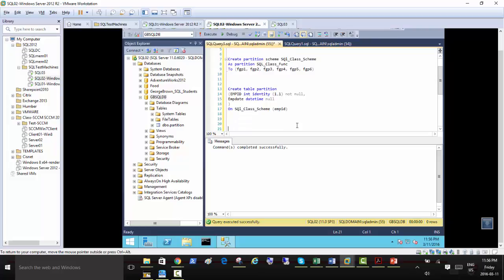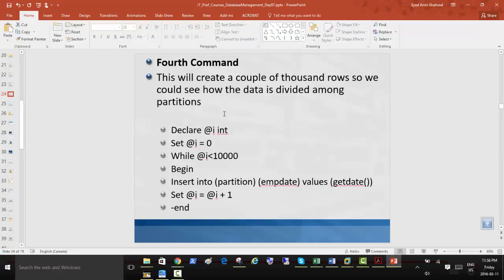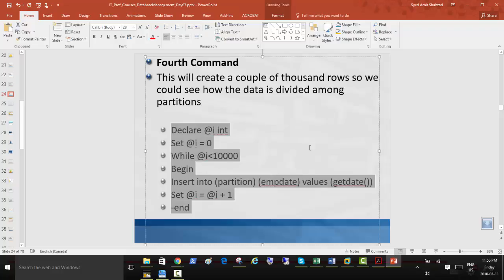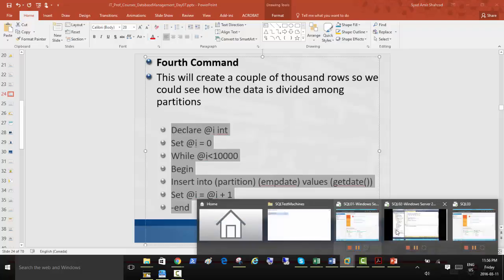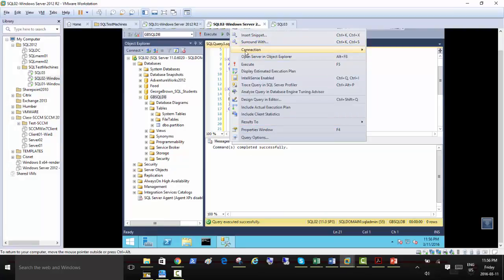Let's go ahead and now this will create a couple of thousand rows, so we can see how the data is divided among partitions. So we're going to run all this and see how it works. I'm just going to go back and try to paste that.